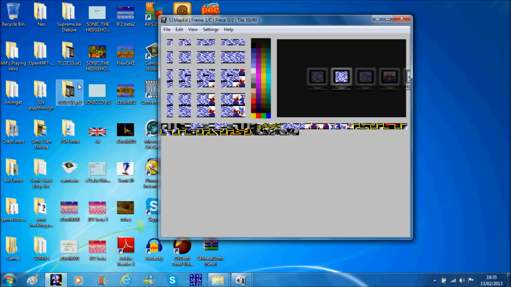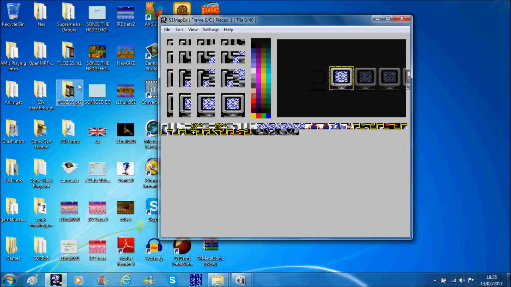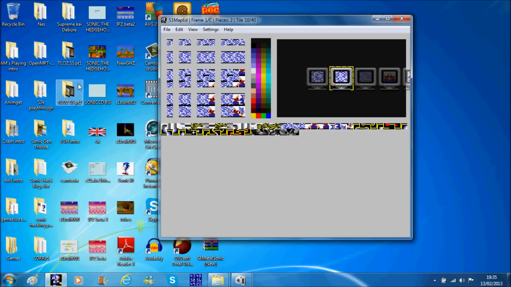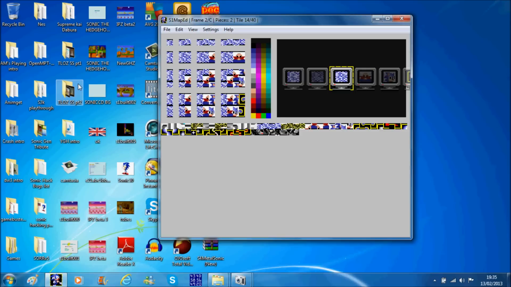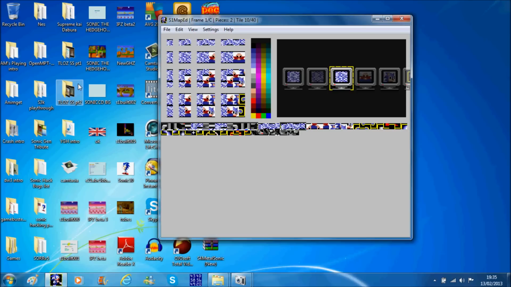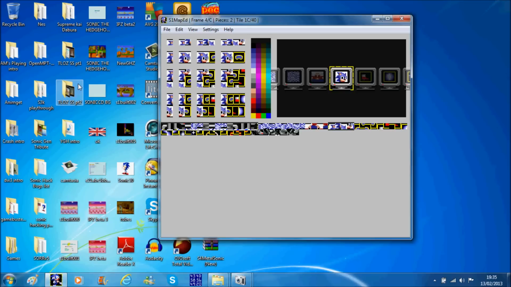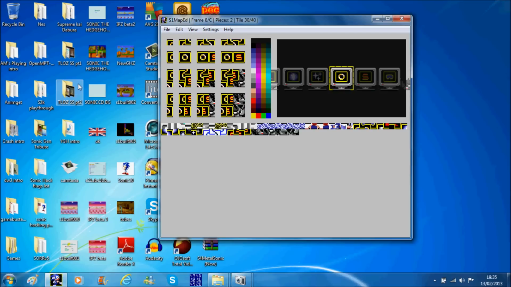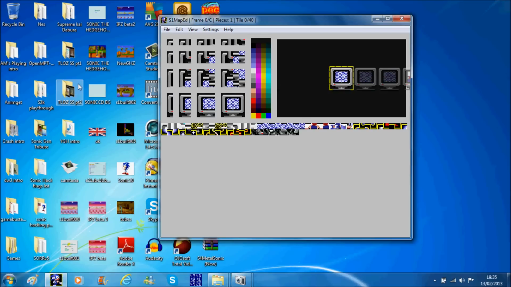Let's say, for example, this one covers that one, a little static animation, and I can press P to change the current palette line as well. Again, I don't need to change it because this uses Sonic's palette, so I don't really need to change anything at all. I don't think this is the proper monitor. Even if you change the pieces, it's exactly the same. This is the whole entire sprite. So obviously you've got the star ring and everything. Right, so the first thing we want to do is